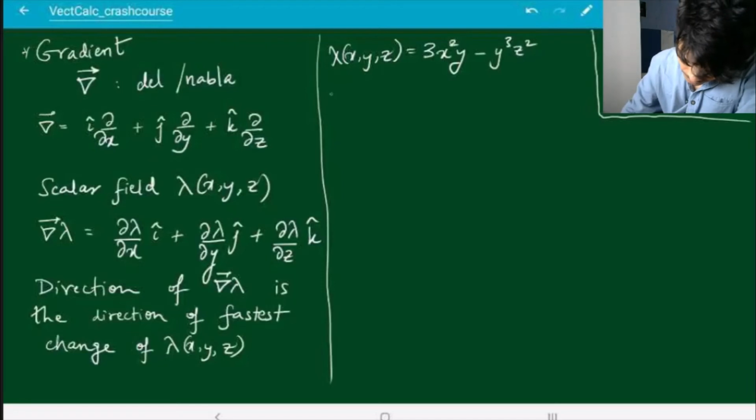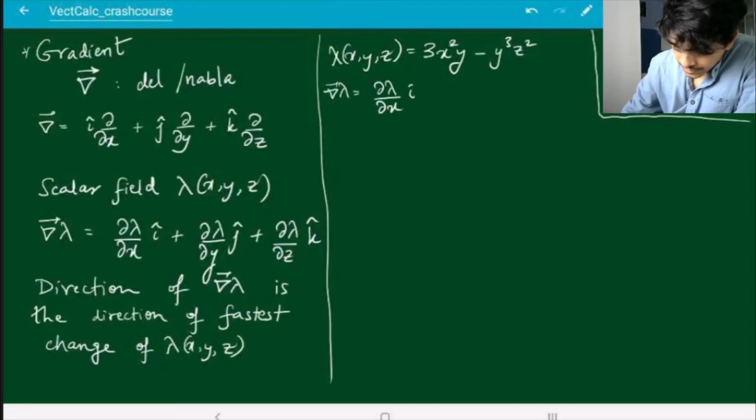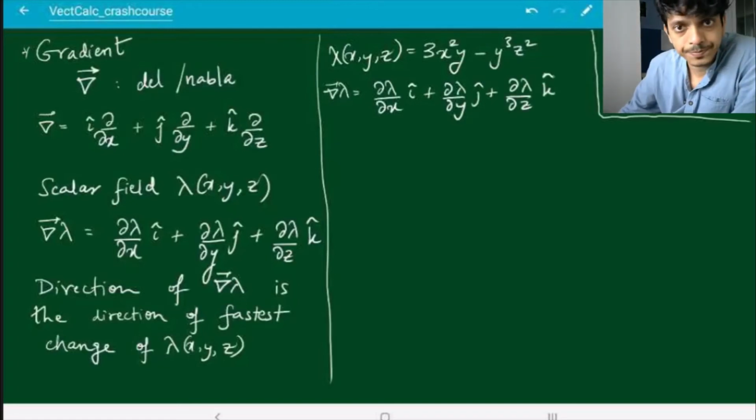So gradient of lambda is partial derivative with respect to x, partial derivative with respect to y, partial derivative with respect to z. What is partial derivative of this lambda with respect to x? 3x square becomes 6x and y will remain intact, and the second term doesn't have x, so that goes to 0,